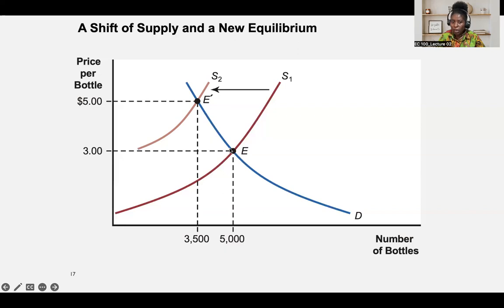What happens to the price? If the price is the same, at $3, but supply has decreased, we move from here to this new level, the new interaction. At $3, but it's not the equilibrium, because at $3,